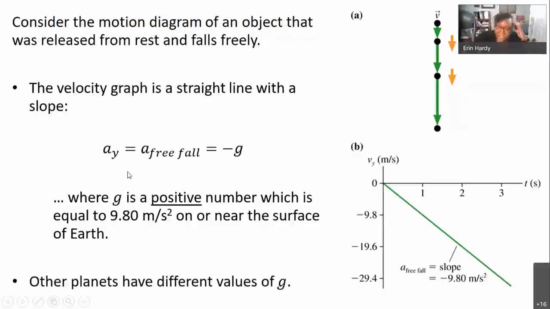So I should mention that this g value is not going to be the same everywhere in the universe. If you traveled to the moon and conducted exactly the same experiment, you would still see that this object speeds up, but it would not speed up at the same rate. So you would get a graph for velocity versus time that's all negative values, but the slope would be slightly different. G is something that we can predict for other locations, provided we know the